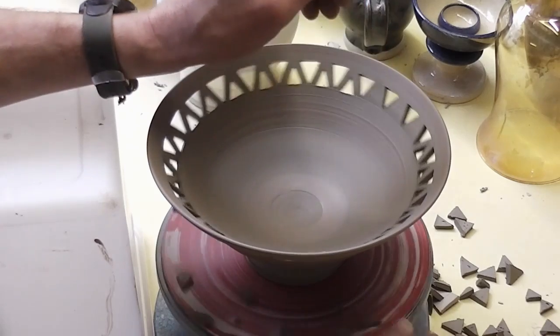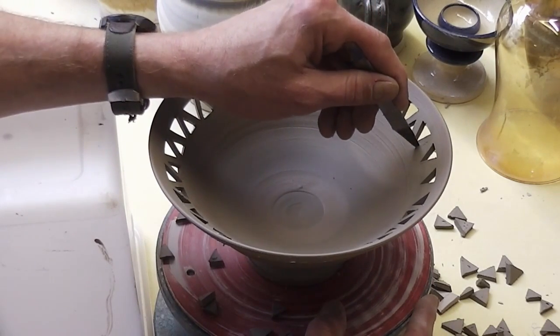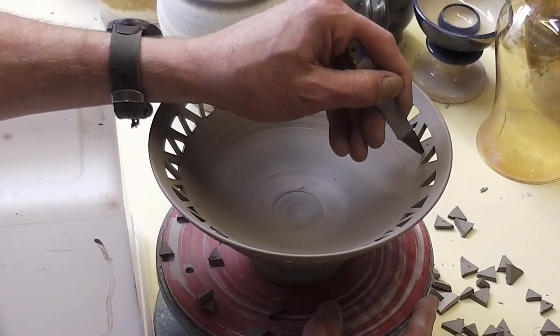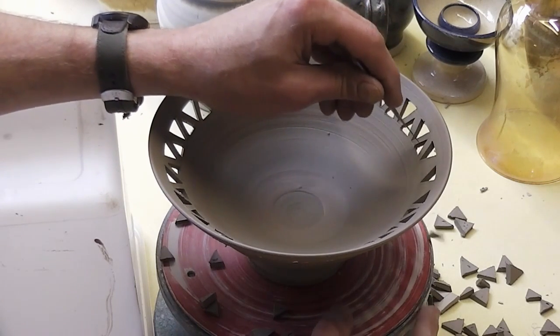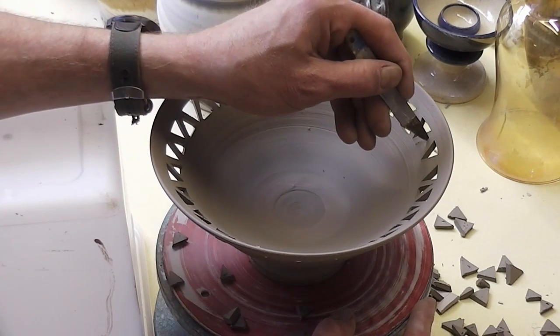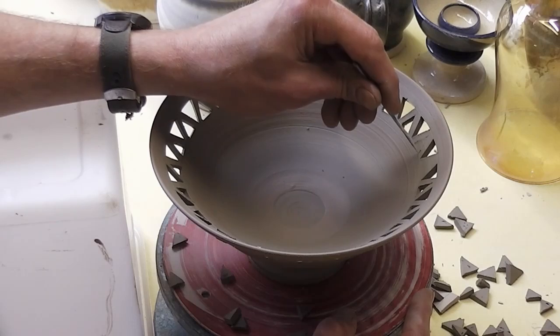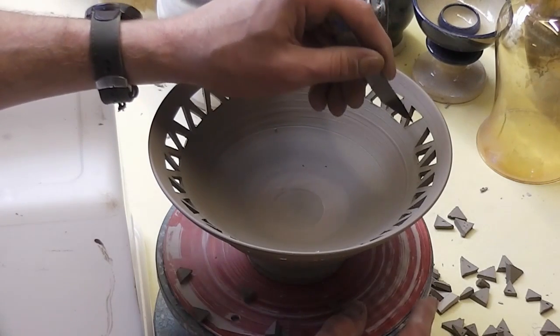So coming up to the last two now, well, last three, sorry. This is where you really don't want to be messing it up after you've spent half an hour cutting them out. This one isn't too bad because it's not too delicate. I've done more delicate ones in the past where they've got a lot thinner clay, but this is quite robust in the circumstances. So the final one,